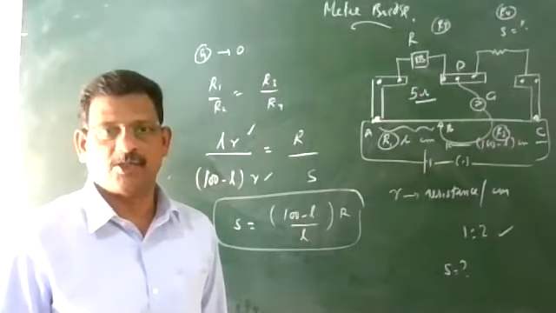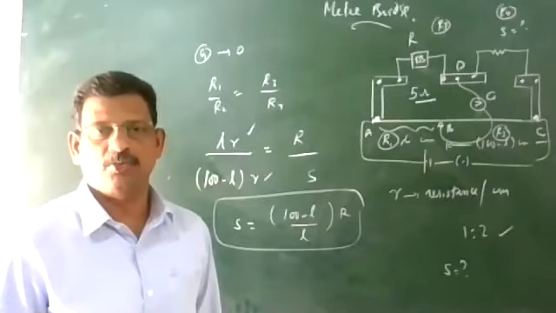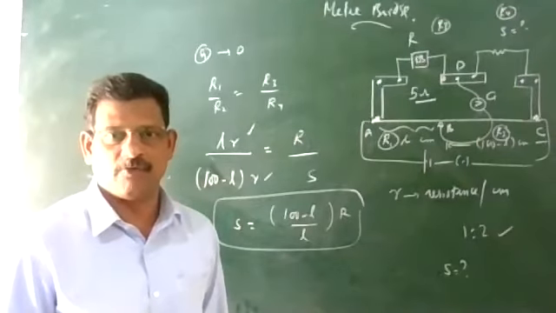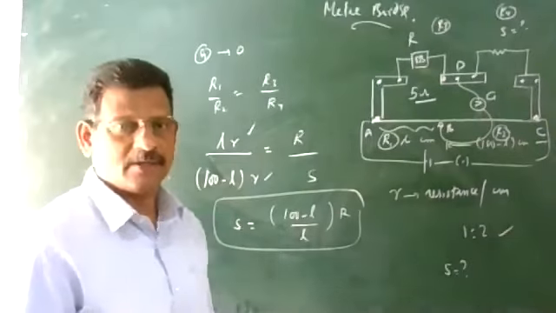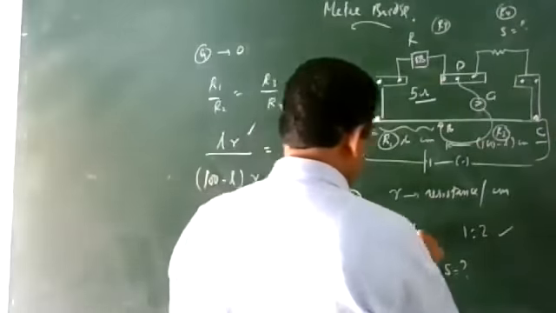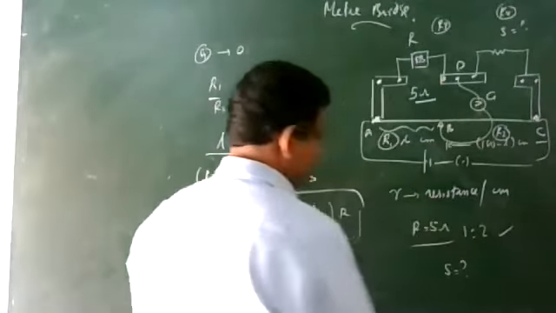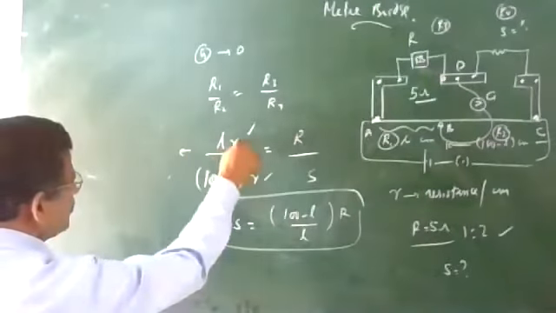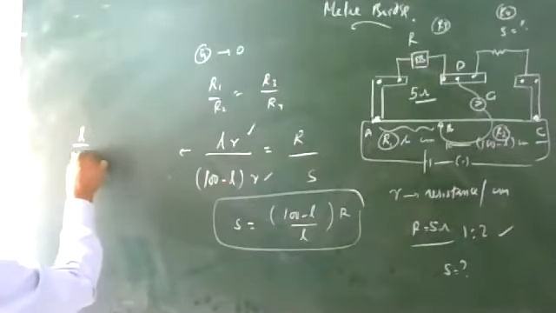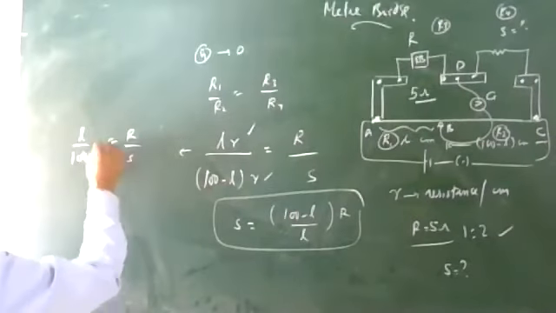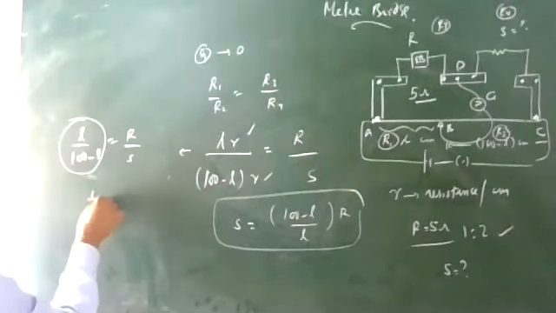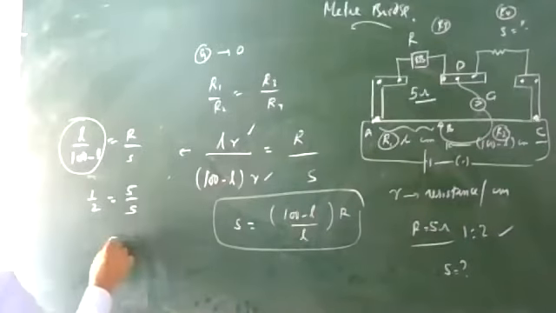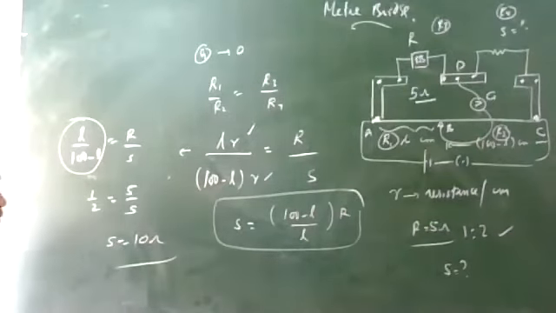Sliding contact divides the wire in the ratio 1:2, and in the left gap there is a resistance box of 5 ohm. Then what is the value of S? The wire divides in the ratio, meaning from here we get L divided by 100 minus N equal to R by S. L by 100 minus N divides the ratio 1:2. R value is 1, this is S. S is equal to 10 ohm. This is the way you simplify it.